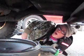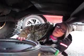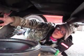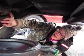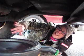Okay. So next you want to take your catch pan and you want to put it underneath your oil pan. If you're unaware of where that is, your owner's manual will tell you where it is. And no, my oil pan's not leaking. I actually already did this and it didn't stop. So